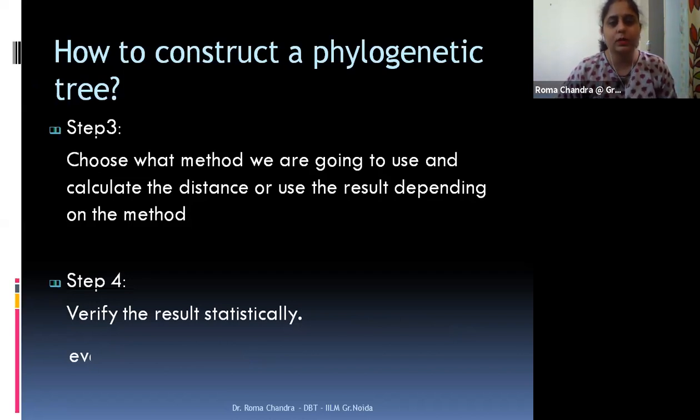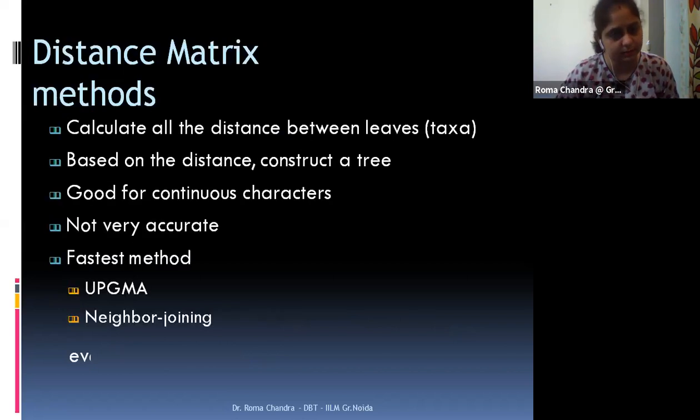Okay, so this will be all when we go with the process of phylogenetic tree construction. But there are two methods, as I told you. There is this distance based method, and it is actually calculating the distance between the leaves, between the species or the sequences, whichever you are considering for your analysis. And based on this distance only, we are trying to create a tree.